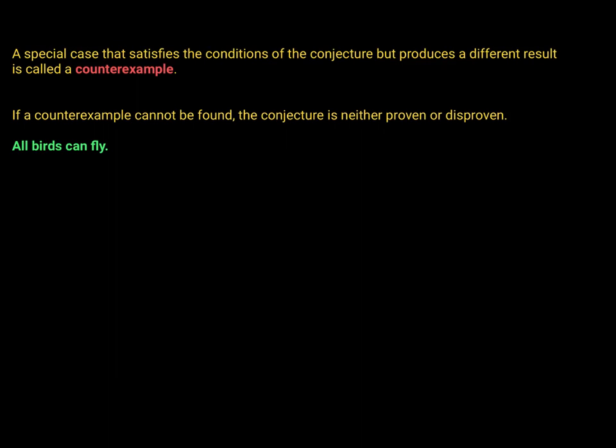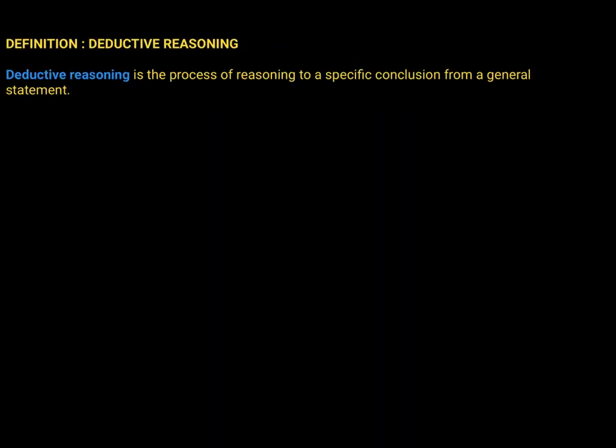We're now going to move to another kind of reasoning called deductive reasoning or deduction. Okay? Here's the formal definition for deductive reasoning. It is the process of reasoning to a specific conclusion from a general statement. For example,